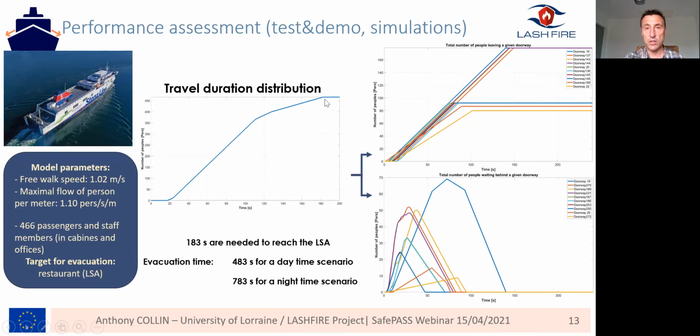183 seconds of travel, every person in the ship may theoretically join the LSA. Considering the reaction time that is prescribed, which is 300 seconds for a daytime scenario and 600 seconds for a nighttime scenario, you have the escape time, which is the escape time at the very beginning of